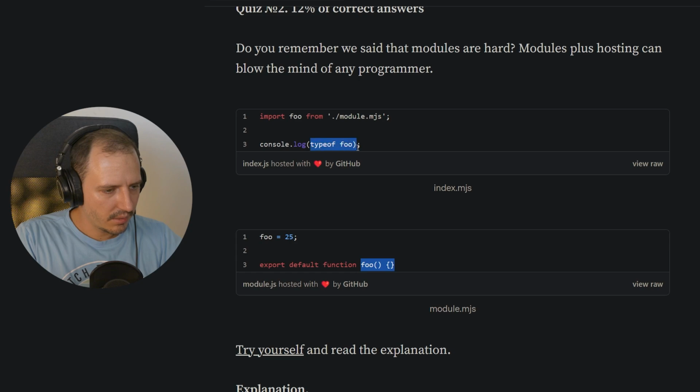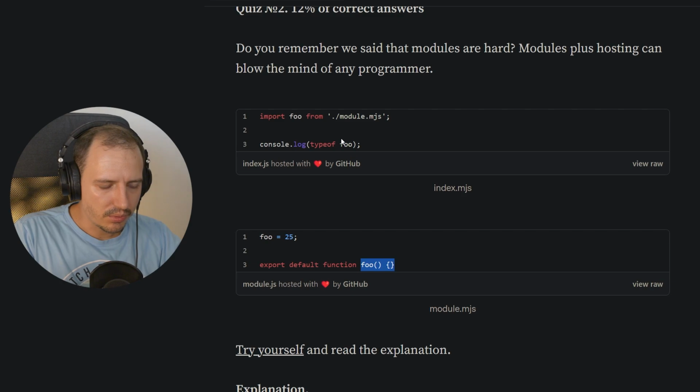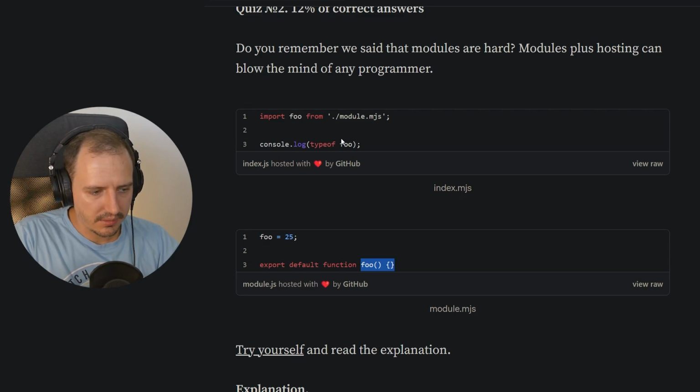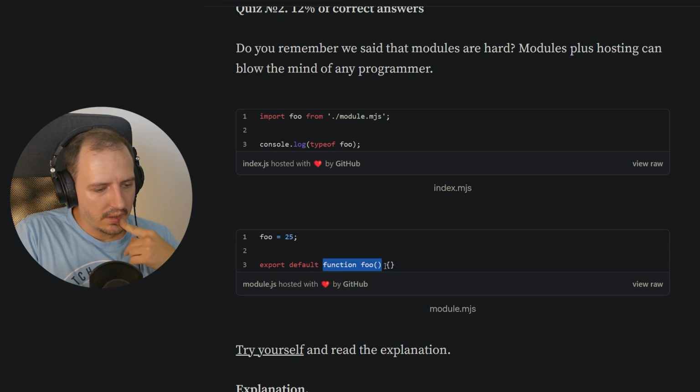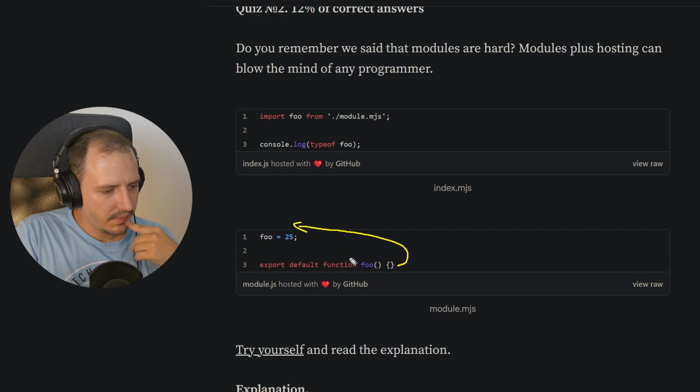Oh my god, is it going to be a function or is it going to be an integer, a number? If I follow the rules of hoisting from before, then this is going to be 25, because this declaration is going to be moved. So where is the pen? This declaration is going to be moved on top of the scope, and then we override foo with 25, and this export default goes here, regardless that we just say here the function, but it's going to